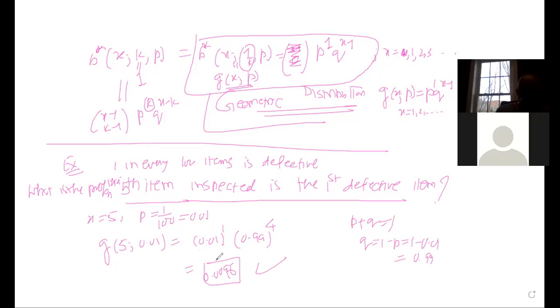Because we went over this type of thing, I would like to go over one more example too. But before that, I would just provide you what we mean by the mean and the variance for the geometric distribution. The mean mu is given by 1 over p, and the variance sigma square is given by 1 minus p over p square. I think in chapter 6 or so, we will have a complete chart, a complete table of all the different distributions and their mean